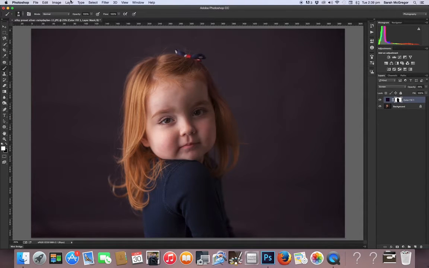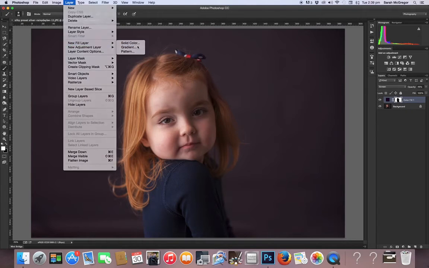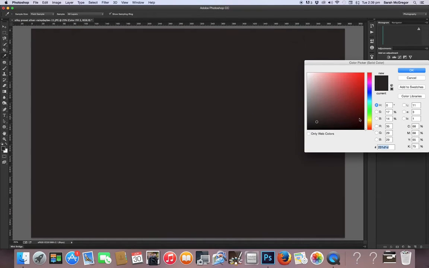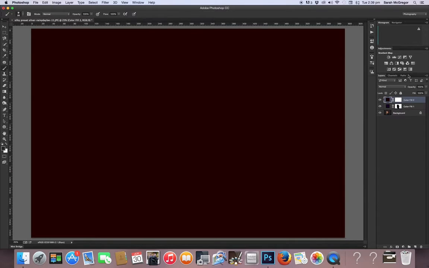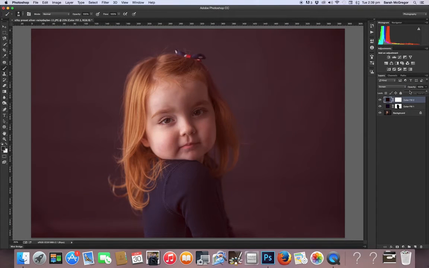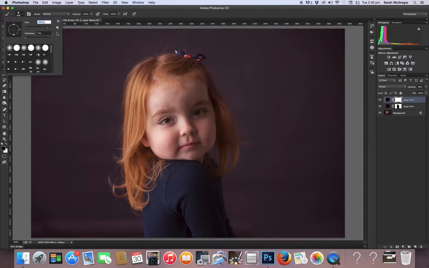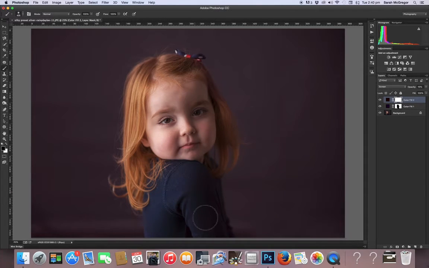Okay, then I'm going to go layer, new fill layer, solid colour, click OK, and I want a berry red. And I'm going to choose screen and reduce that opacity down and click on my mask. I'm going to change it to black and I'm going to remove it off the skin. If you leave it on the skin, you're really mucking up your skin tones and it's not ideal. Okay,